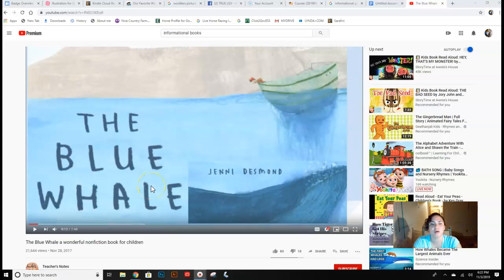Okay, so now we're going to talk about the informational picture book, which according to the Sarafini readings, is a dying genre because facts and this kind of information are available through the internet and all these learning apps. So kids aren't really going to picture books to learn about animals or nonfiction topics anymore. And then he also says that generally to make these books stand out, they come with